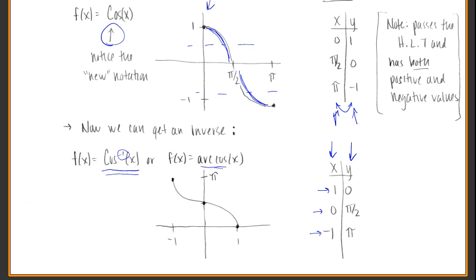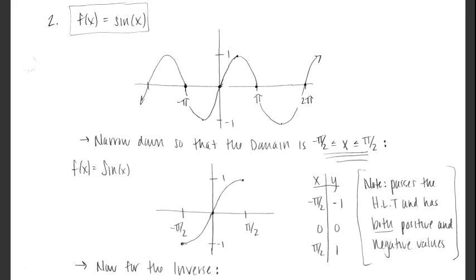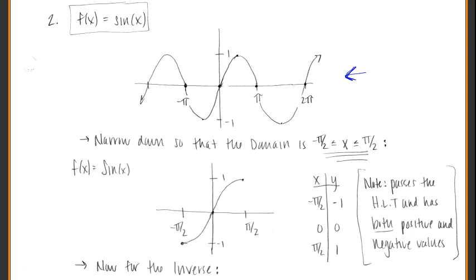Okay, so let's take the same kind of concept and go to our sine graph. Here is the entire sine graph, going for several revolutions. Obviously it doesn't pass the horizontal line test, and we want to narrow it down. Well, we can't just narrow it to 0 to pi like we did with cosine, because that still wouldn't pass the horizontal line test. So what's common in the world of math, what most everybody does, is we truncate it from negative pi over 2 to positive pi over 2. So again, we get some positive values, we get some negative values, and we pass the horizontal line test everywhere